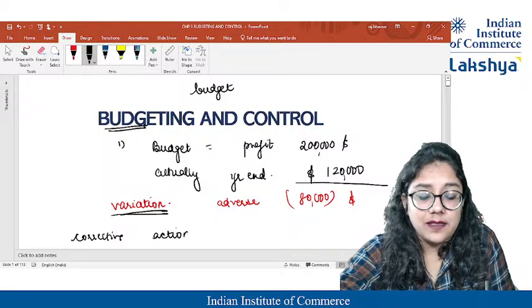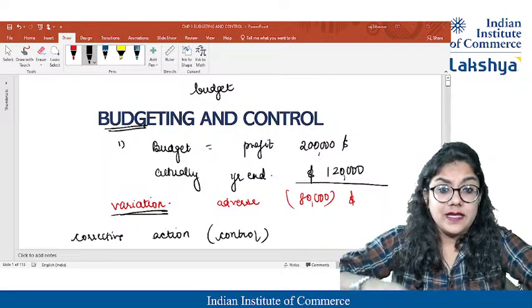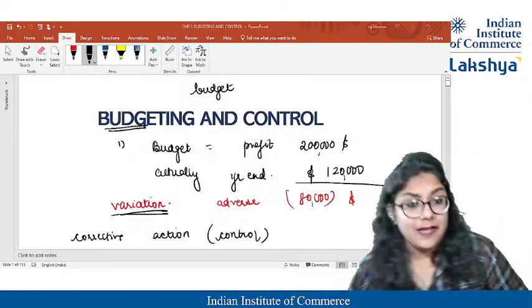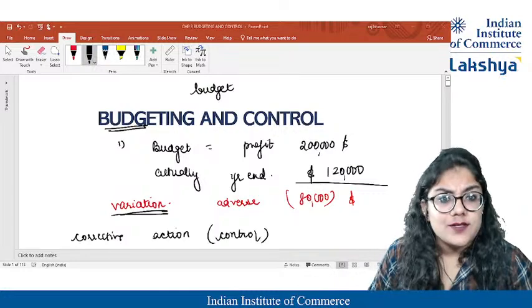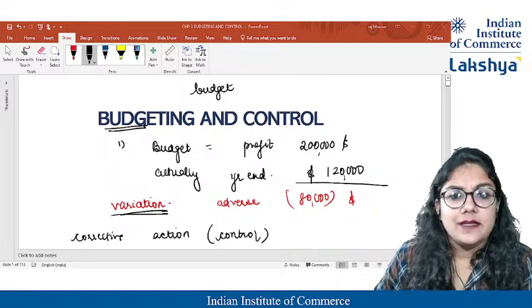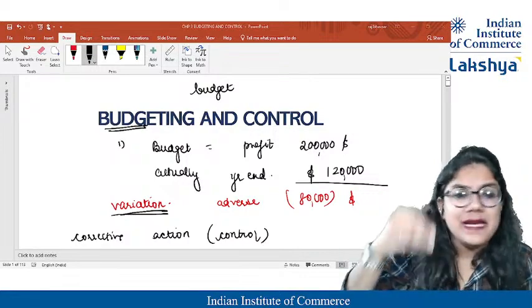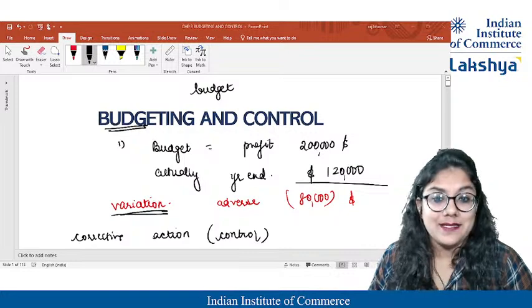And that is known as nothing other than we need to have a control. I have to see, acha, what are the things which went wrong? I could not achieve that much of profit which I thought just because my cost in the current year was very high. Or maybe what I thought that this much percentage of sales I can make, but I was not able to make. Maybe because of COVID, maybe because of any stuff.